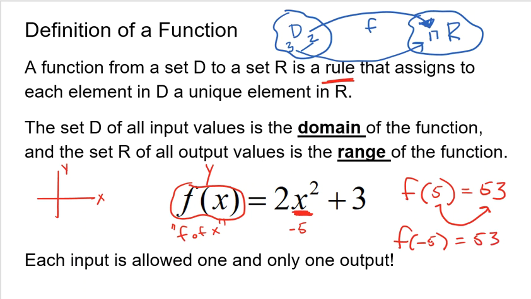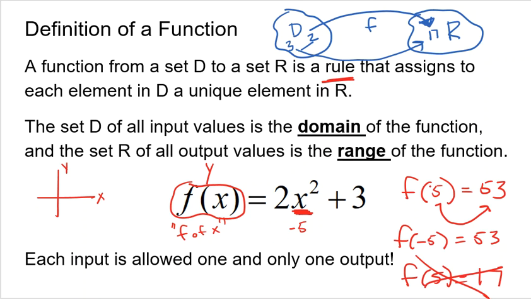So we notice that we have 2 inputs that both lead to 53. That's totally fine. That is totally allowed. What is not allowed is for me to magically plug in 5 and then get 17. Wait, you can't have 5 go to 53 and then 2 moments later go to 17. That cannot happen. That's not a function. So that is kind of the idea of what a function is, and hopefully that was nothing more than a